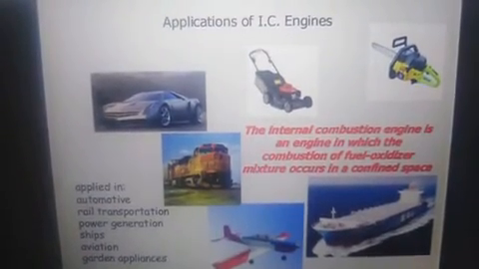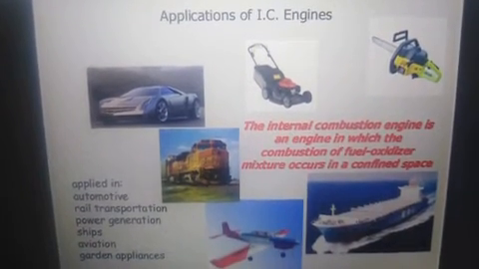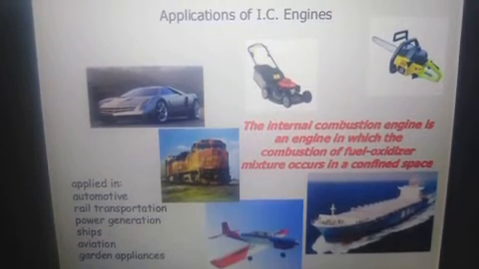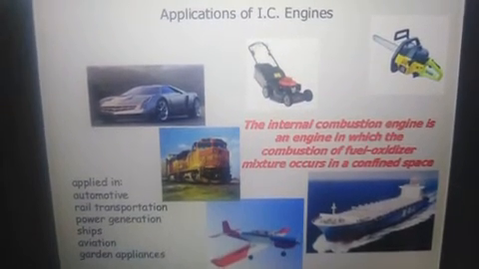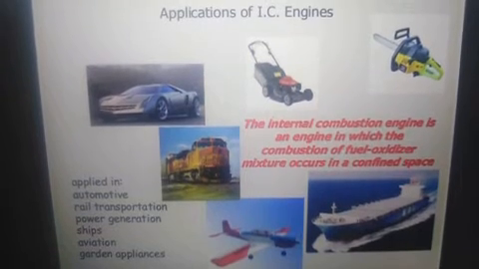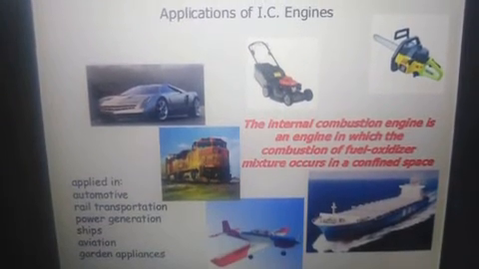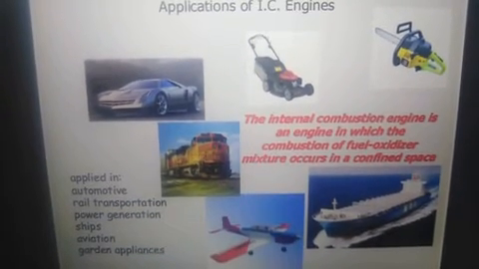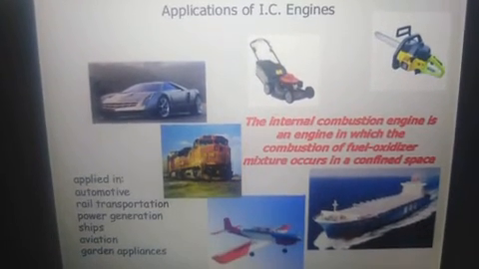Now, before going into the details of the IC engine, let us see the applications of the IC engine. We use these in automobiles, which are an important part of today's life, for transportation. For passenger vehicles, we use automobiles, and in them we use different IC engines. Second, in railways, in aeroplanes, in ships. We also use them in different components or devices used in gardening, farming, etc.